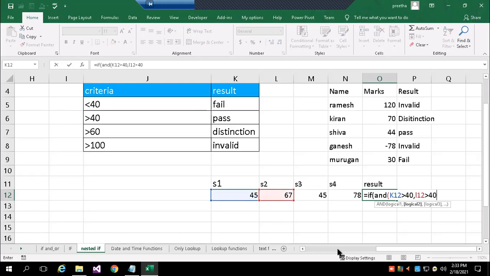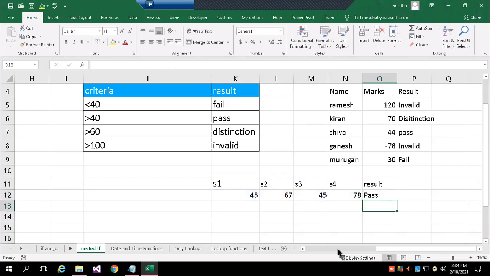You can identify that when I'm giving the cell address, the cell is automatically blocked with a color, blue and then maroon. Then same way M12. So it's differentiating with colors, so that you can understand whether we are referring to the correct cell or the wrong cell. N12 greater than or equal to 40. So all of them are above 40. Then I want to write the message as pass, else I want to write the text as fail. Double quotes close. Is it clear? Once I enter, right now all of them are satisfied, so I should get pass.